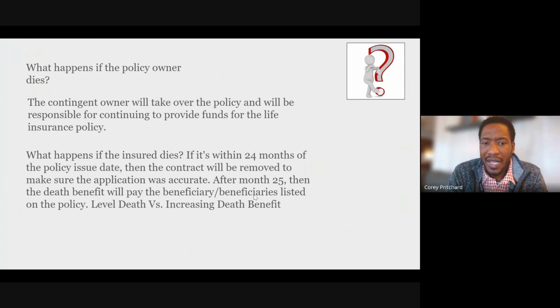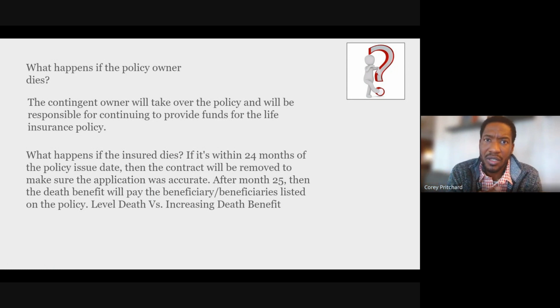Okay, last thing on this page is the level death benefit or increasing death benefit. Okay, so I actually chose the increasing death benefit option for your policy. And if you would like to change that, that's fine. But the reason why I do that is it allows us to max the policy out even more, put more money into it. And what it does is, Lord forbid, whenever, not if, but when the insured is gone,